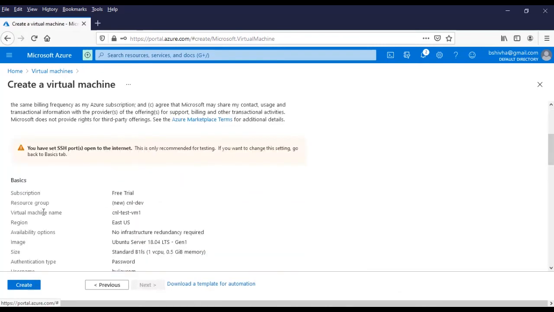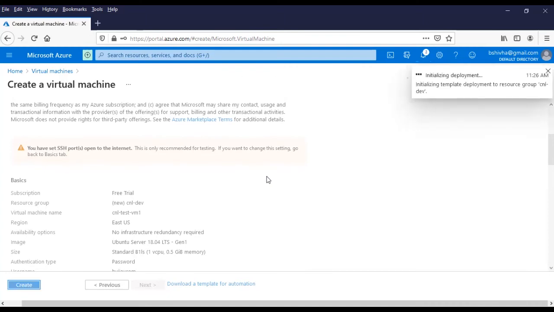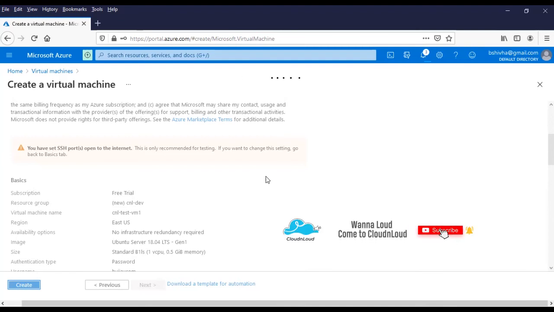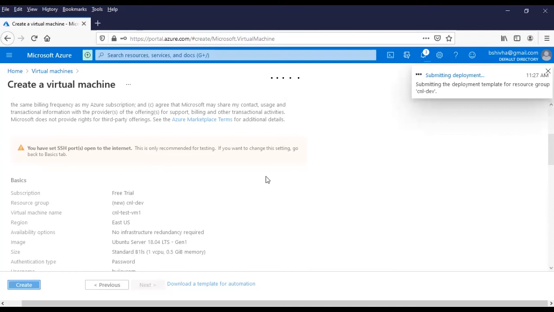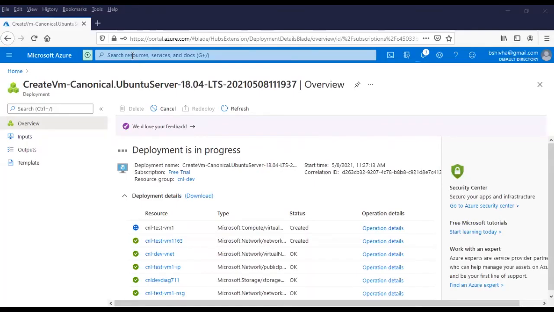I'm just going to create. So the machine is getting created now. Once it's created, you can use PuTTY, or you can use MobaXterm, which is a very good tool. Let's create first. The machine is getting created. We will go back to the virtual machines and see the progress.